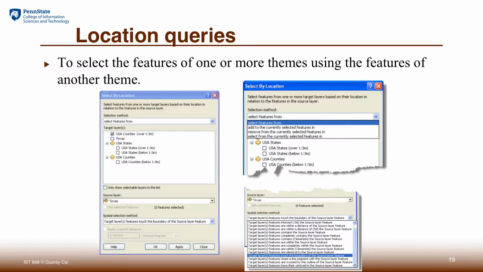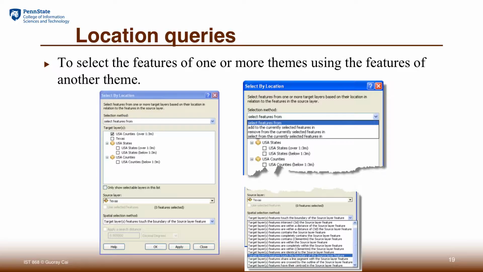In ArcGIS, one of the ways to select features is called select by location, and we also call it location queries. In doing the select features by location, usually we talk about selecting one kind of features in one map layer, using the features in another map layer as the selection area.